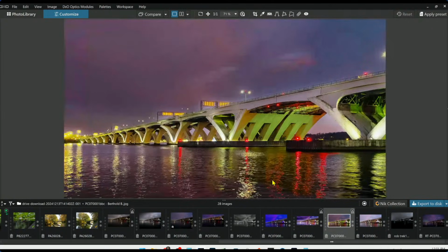And then this one here, this is interesting because this is from Bert. I like how you brought the greens in because there is just the very slightest hint of green in the shot. I think it's coming from some of the artificial lighting that's there. But somehow you spotted that because that's tough to see. But the reds and green work well together. And then it'd have been nice to...